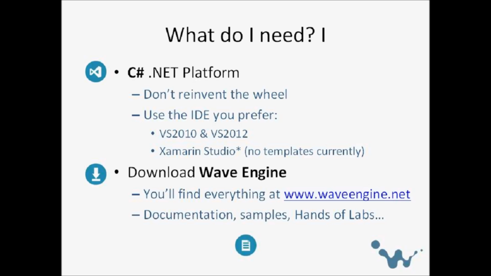So once you have Visual Studio installed, you can download WaveEngine. You'll find everything on the website, which is www.waveengine.net. Apart from the downloads, you will find documentation with the API documented. You will find a huge amount of samples. You will find a blog where we post almost once a month, maybe once every 2 weeks, a tutorial or a hands-on lab. For example, the last one showed how to create a mini two-dimensional game like Braid, where you can use some sprite animations, inputs, and so on.